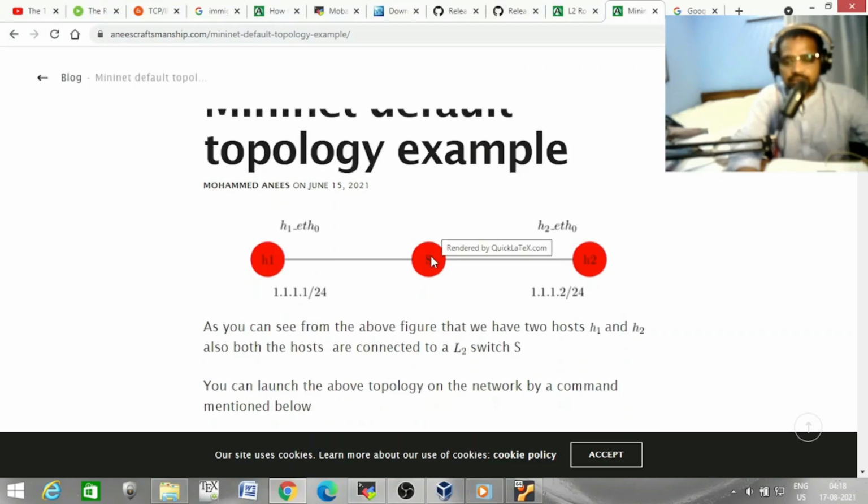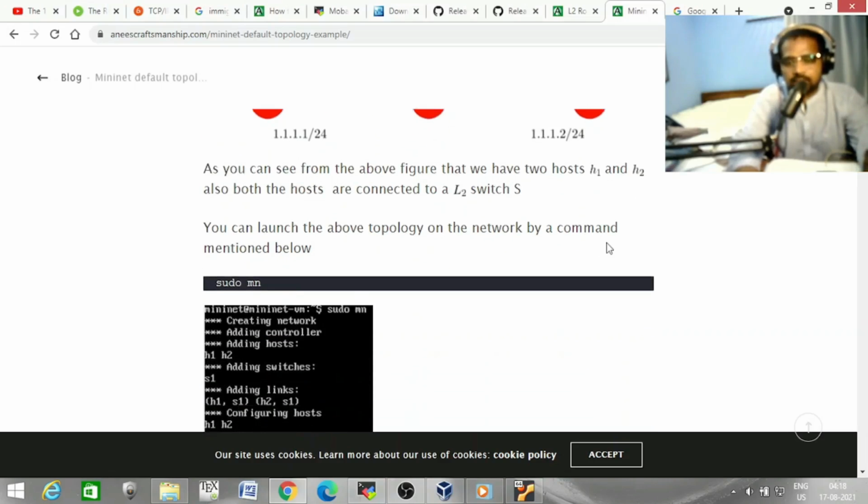Suppose we have a switch and two hosts H1 and H2, and H1 has IP address 1.1.1.1/24, and host H2 has IP address 1.1.1.2/24. So this network topology we can launch in Mininet by a command,